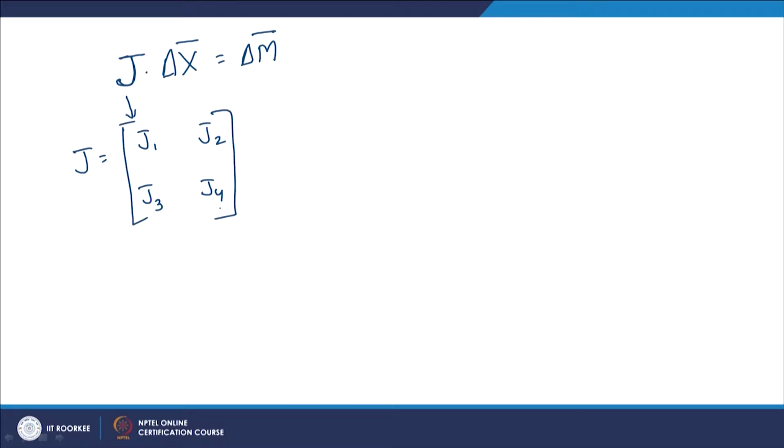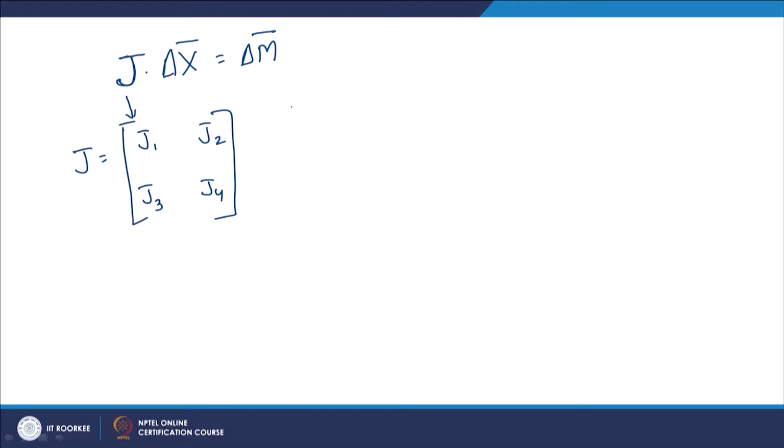where J1, J2, J3, J4 are the Jacobian submatrices, and we have also defined their dimensions, what they stand for, and we have also looked at the analytical expressions of the elements of the matrix J1. So, now we have to look at the analytical expressions of the elements of the matrices J2, J3 and J4. To do that, let us again recollect our basic expression of the power flow equations.